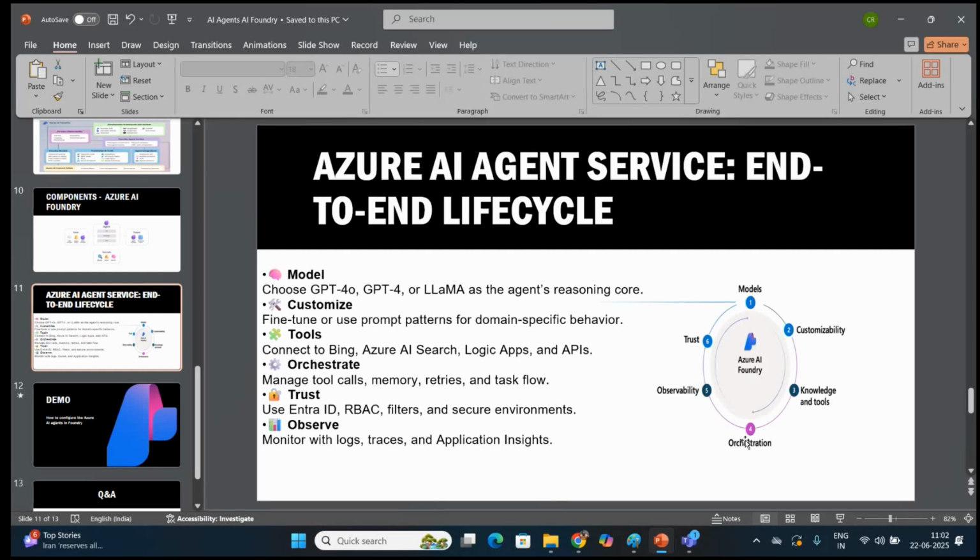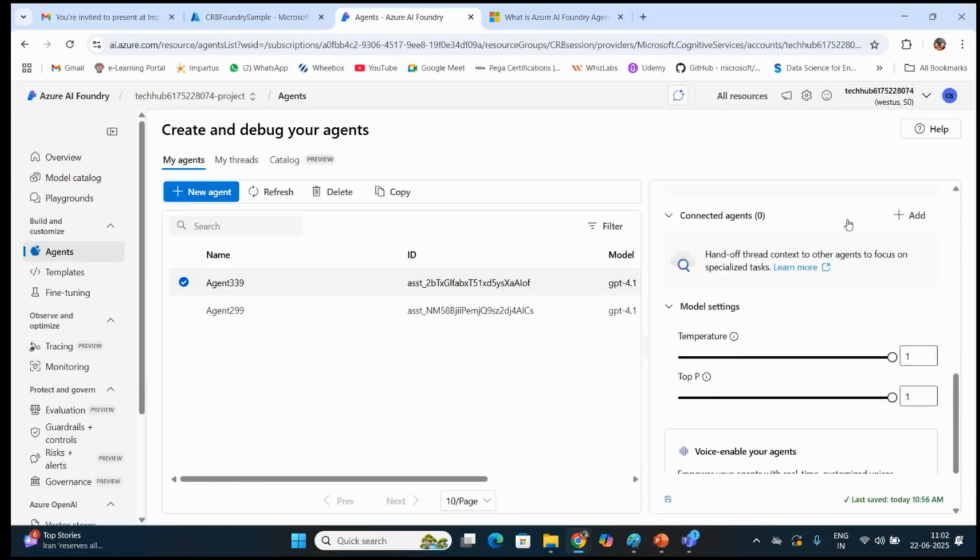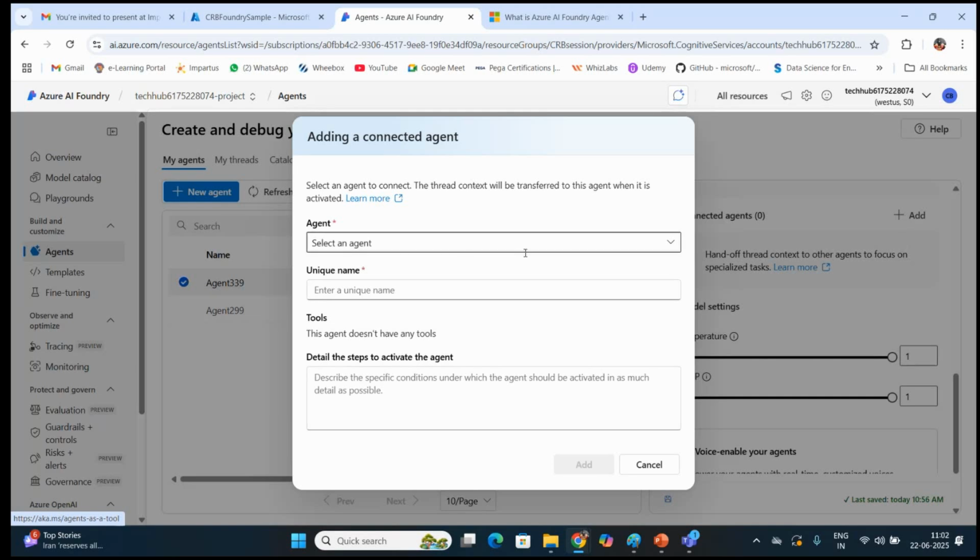You can have the connection established in the format of your agent as well. And we saw that as part of the orchestration that we had here, you can have the tool calls, and then Azure AI Search, or it can be anything that you want to have on, or you can also connect it with the task flow that you have. That means you can connect your part to some kind of agent as well, so you can connect it to a different agent as well.